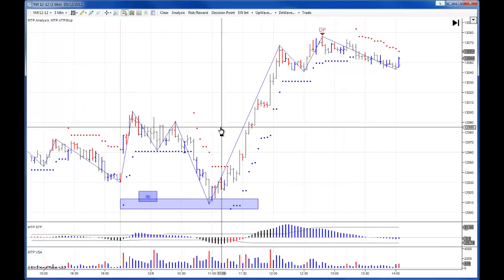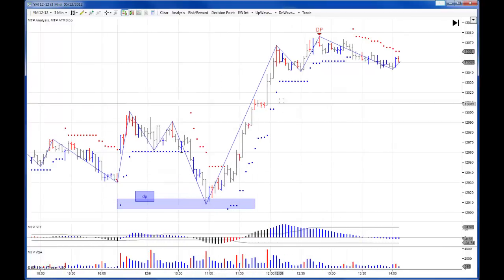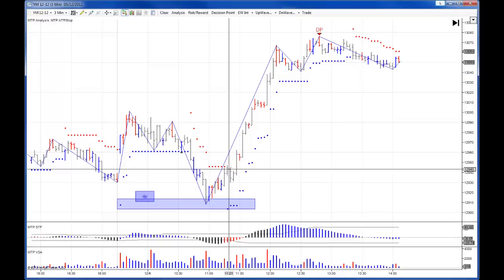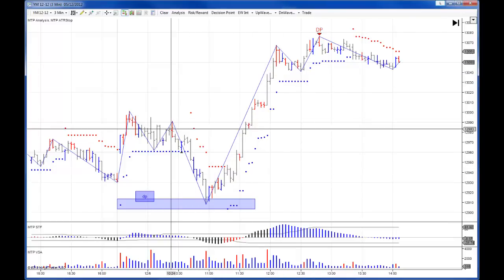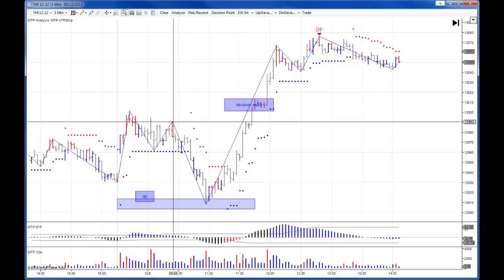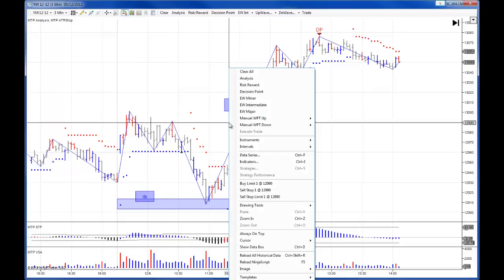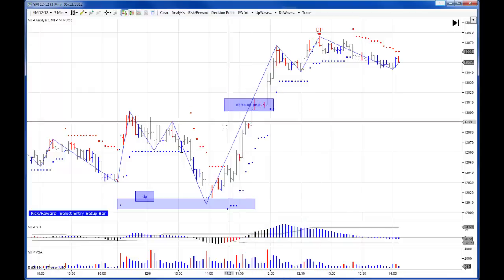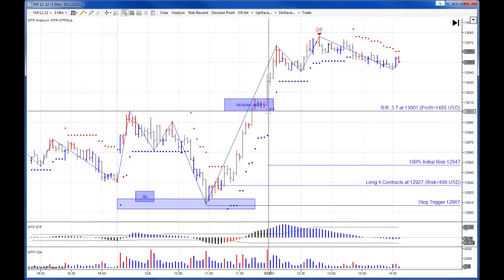Now when this happens, we very often get a very strong move, and as you can see, that's exactly what happened, where the move went strongly off the low here. Our initial target for this would be the DP of this prior pivot, which is here, and let's set up a trade off this. So the risk reward of that blue buy bar just below the low into that target would